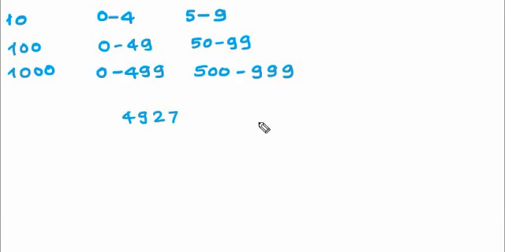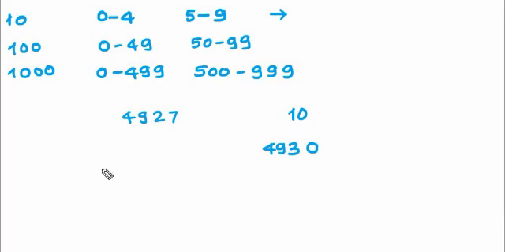4927. I want to round off to the nearest tens. Nearest tens, 10 has only one 0 here, so we are going to use the single digit range. First we make the last digit 0, and then compare the last digit to see which range it falls in. It falls in the range 5 to 9. So the digit on the left-hand side of the 7, we are going to increase it. So it will become